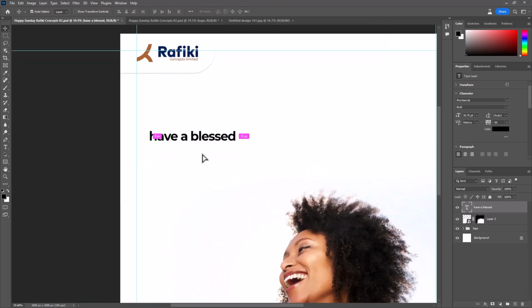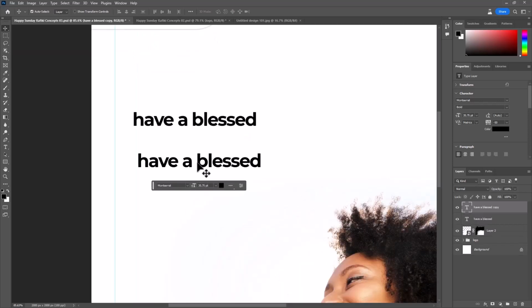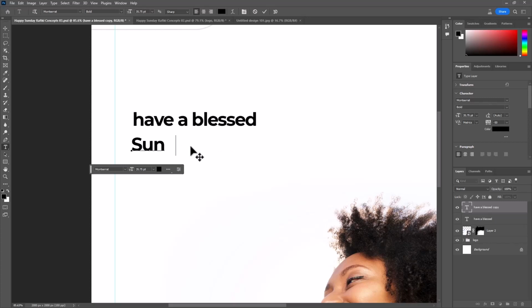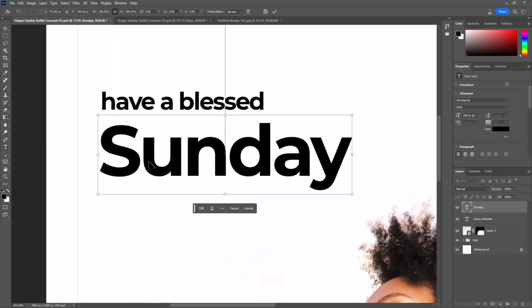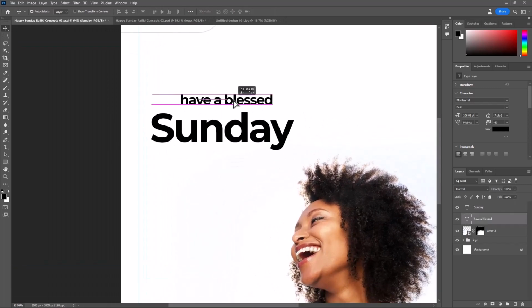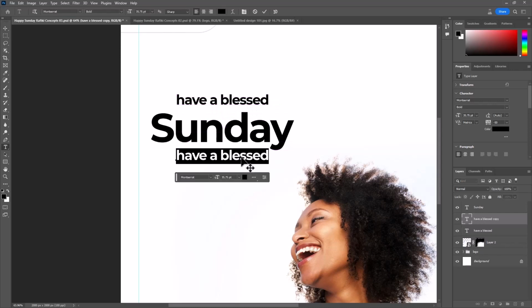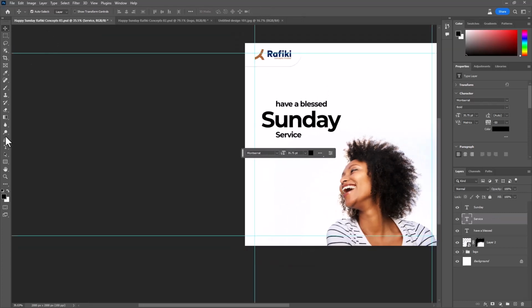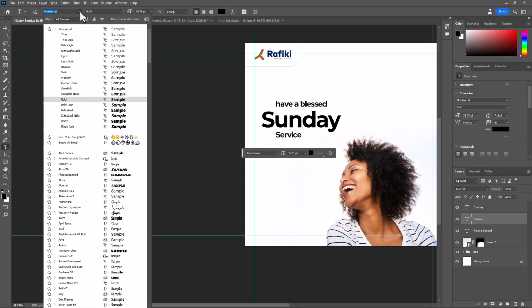Then I'll duplicate that and I'll say Sunday like that. This one can be in the middle. Then I'm just going to do another one. I'll say service. I'll start with capital S like that. And then I'm going to change the font of that one to something like